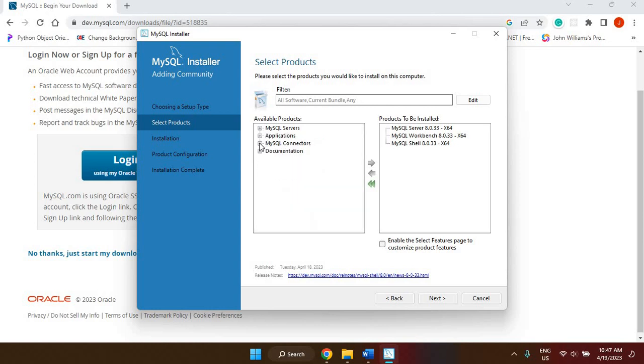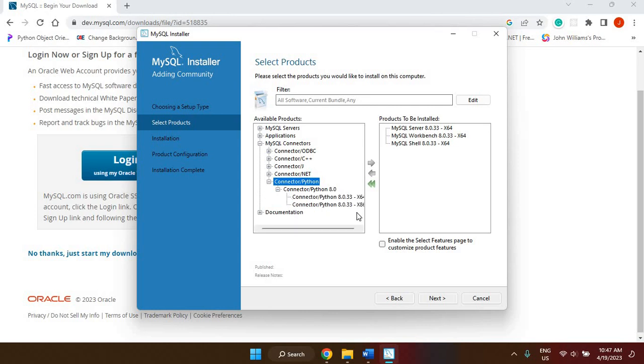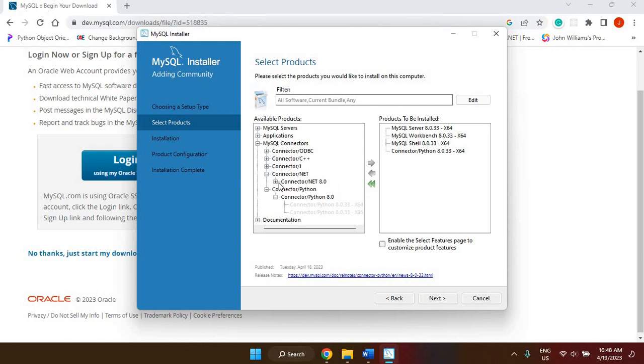Also, I want a few of these connectors. So I'm definitely going to take the connector for Python, just in case I want to develop an application in Python and I want to connect to MySQL. So I'm going to go with the 64-bit version. I am also going to grab the connector for .NET,